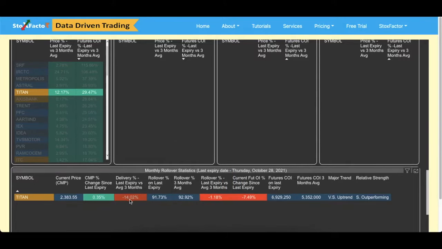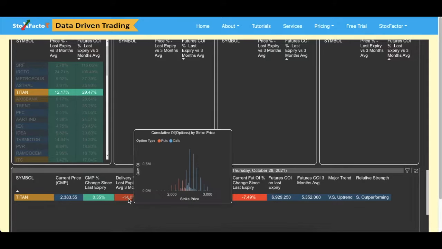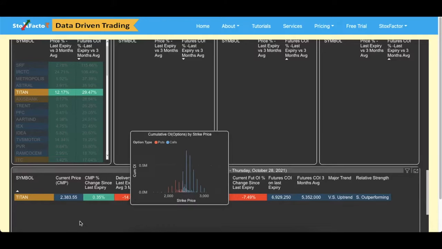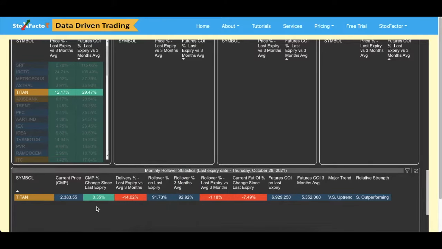The delivery has slightly reduced, a 14% reduction in delivery as compared to the average. And the price change since last expiry is almost near the expiry price. And we can see slight short covering in the price, but the stock is in a very strong uptrend and it is outperforming the index. So friends, again from here we get the picture that we are cautiously bullish on this stock, but since this stock is in a strong uptrend and outperforming, we'll keep the approach of buy on dips,